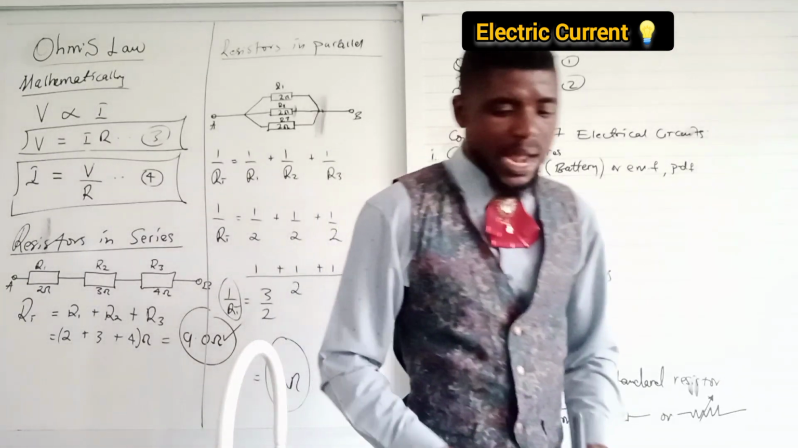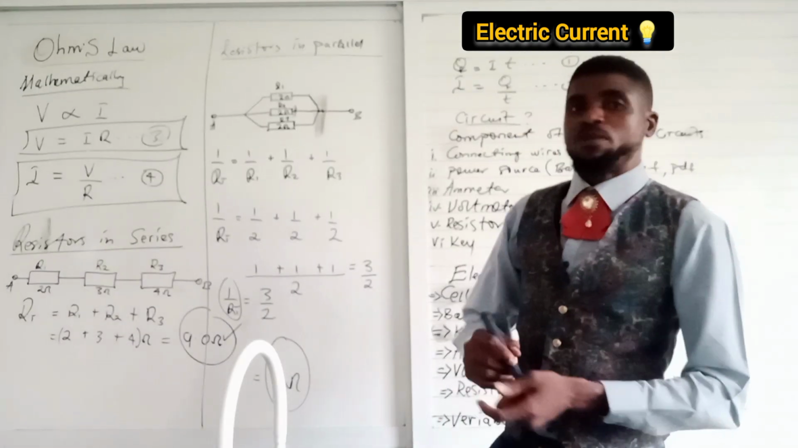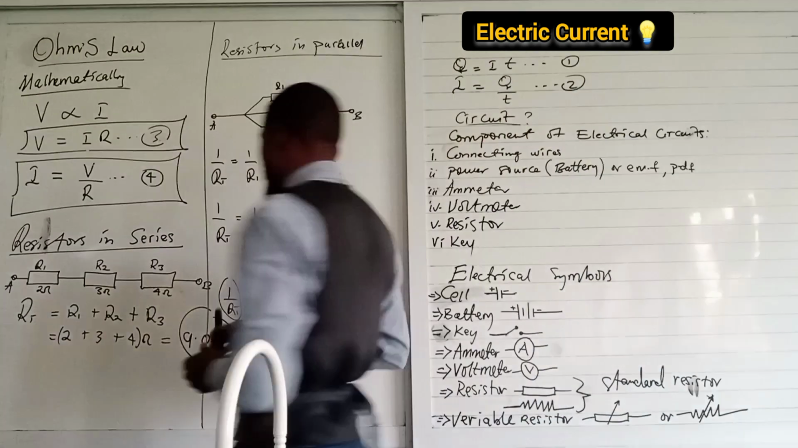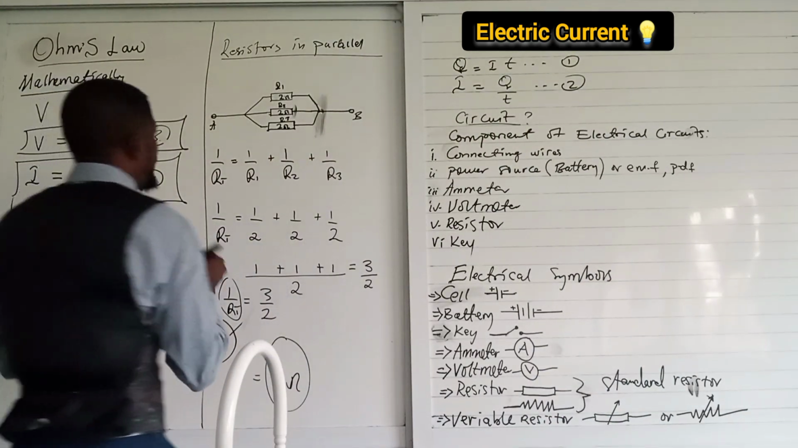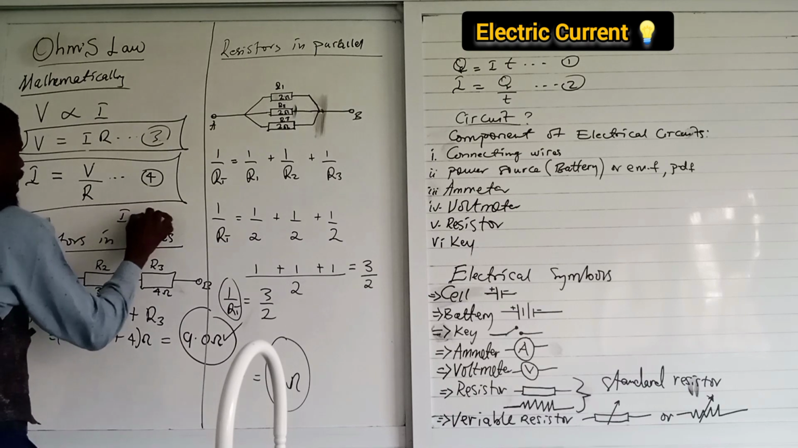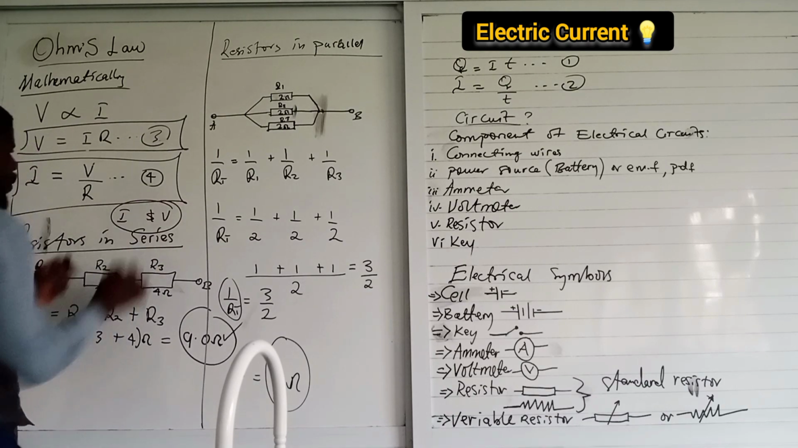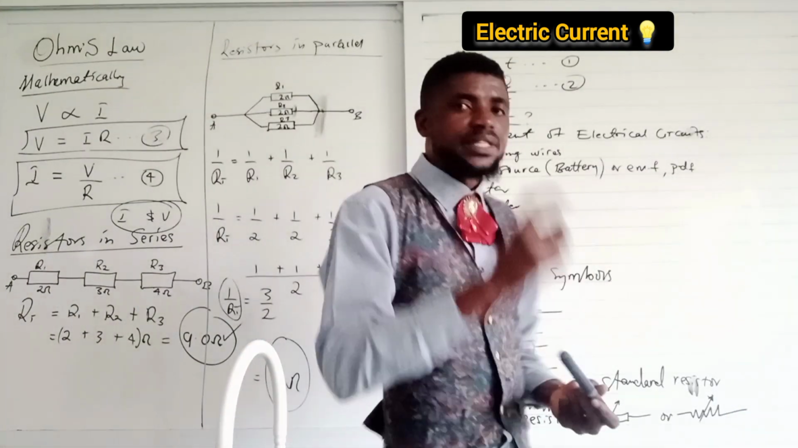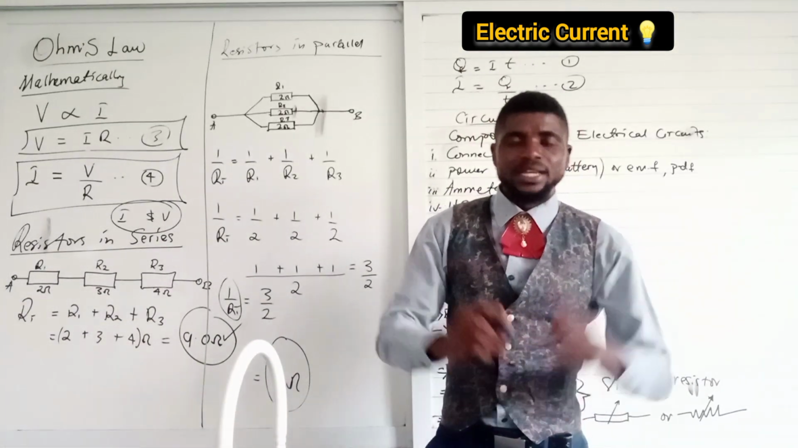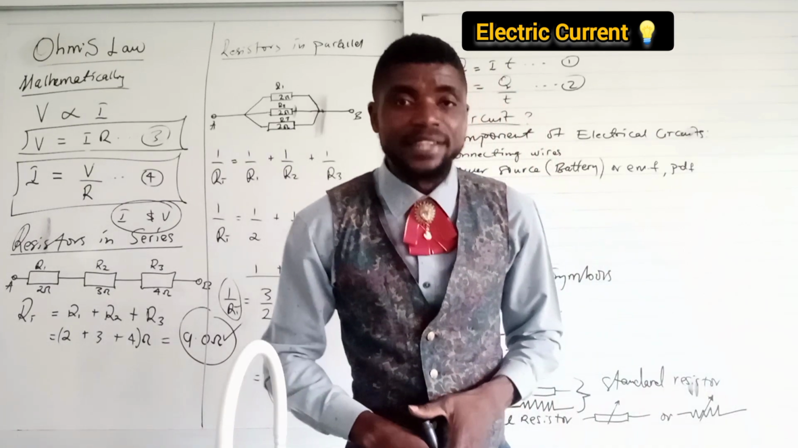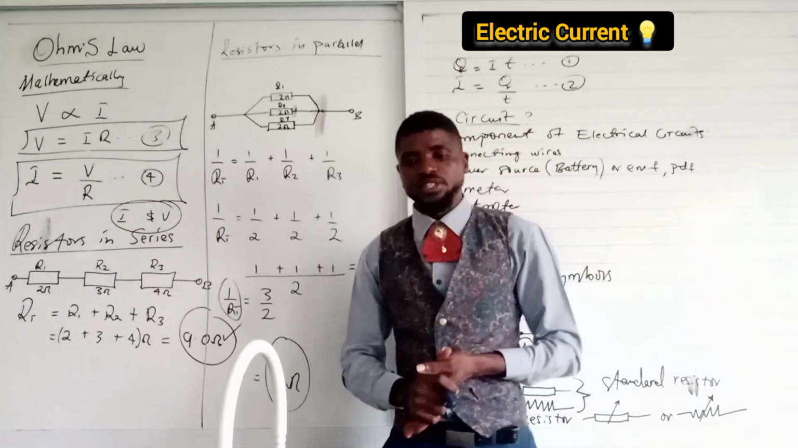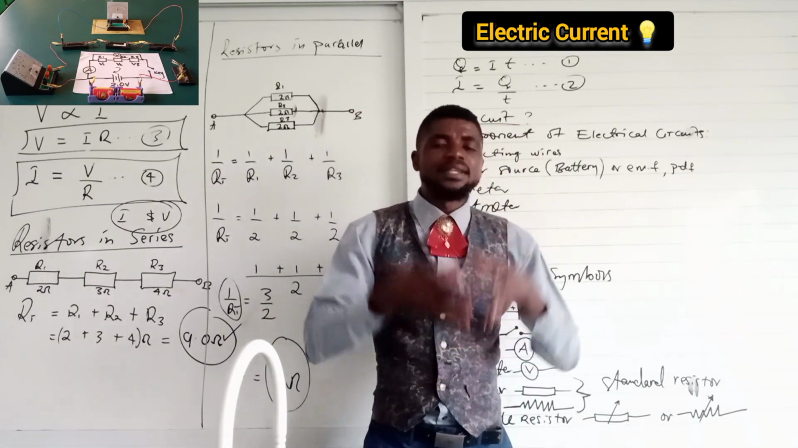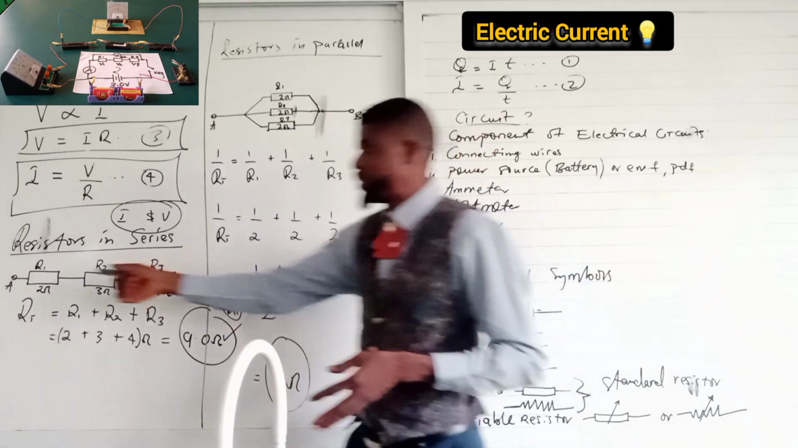The last thing we are going to look at before we go into our experiments is what happens to current and voltage when resistors are in series. This is very, very important. It helps and guides you when you intend to do some simple calculations in physics. Take notes. When resistors are connected in series, as you can see here,